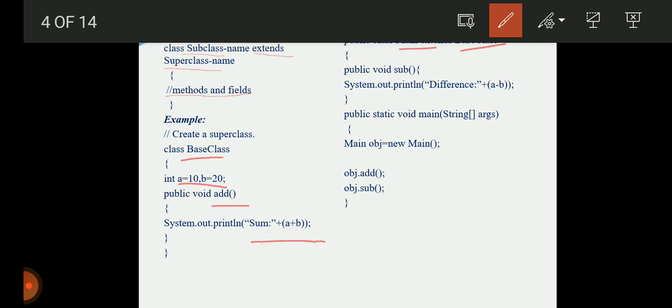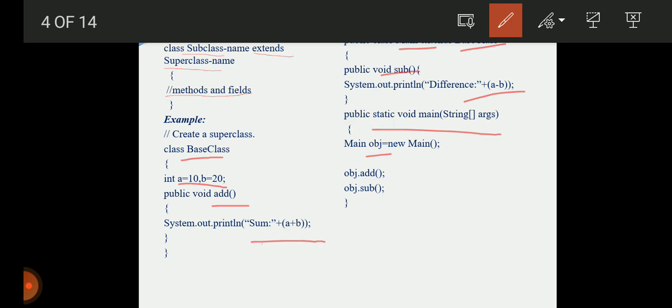In the derived class we have the method sub of, in which we find the difference of the data members A and B. Now the main statement: we create the object for the subclass main. Using the object we call add of as well as sub of.